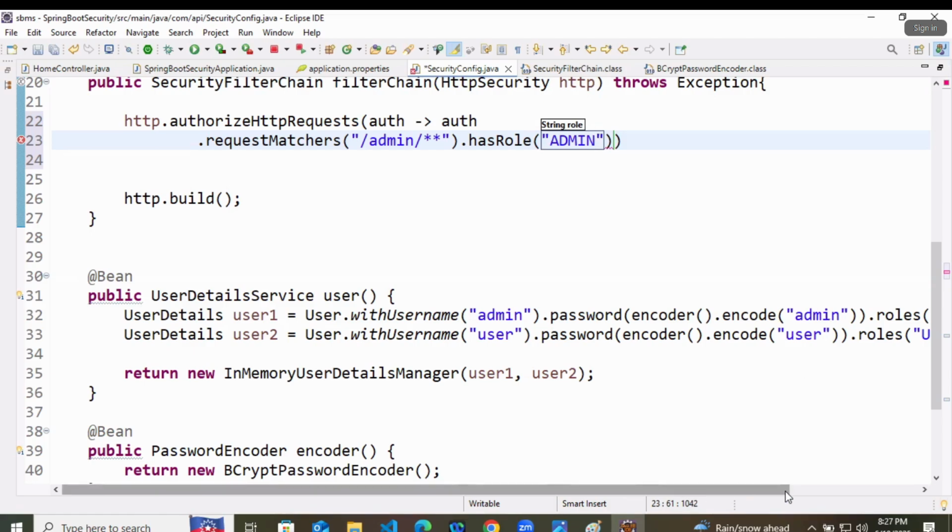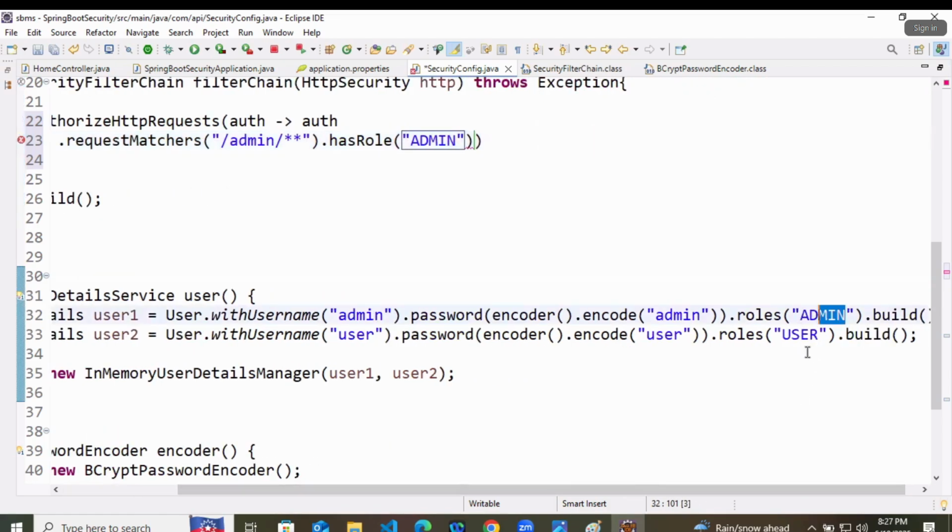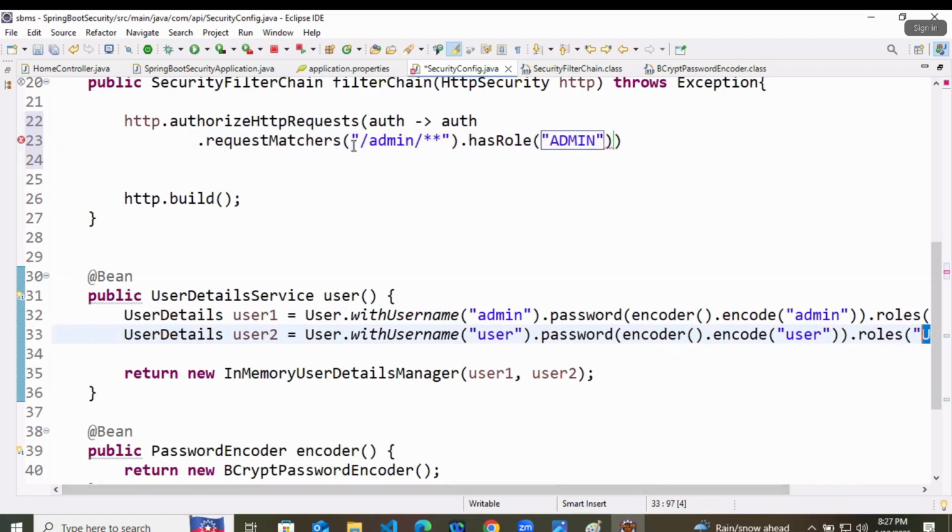You are defining the roles here, right? Role of admin, role of user. Same way, I am telling here that if any request is coming from /admin, it has a role of admin. Now, only the user with the username admin and password admin can log in here.